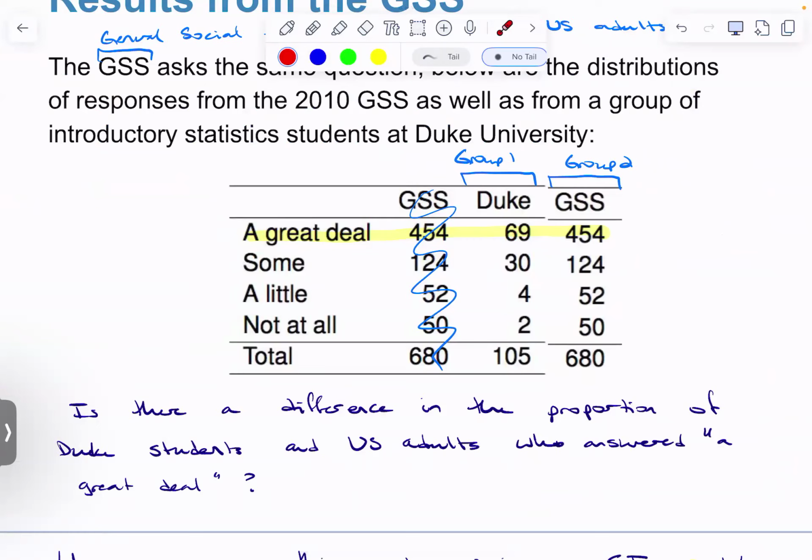We don't have our p1 hat and p2 hat yet, but we could. pD hat, so p1 hat, is 69 over 105, 0.657, which I'll probably shorten up. pG hat, and I rounded already,